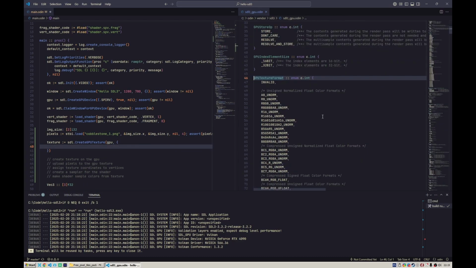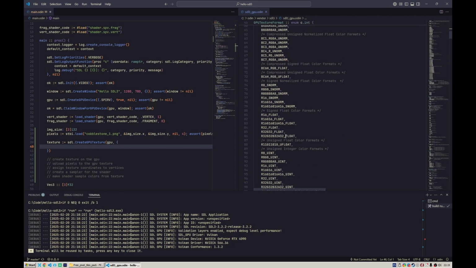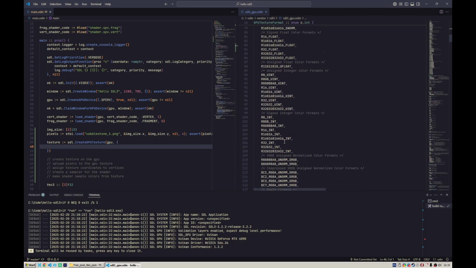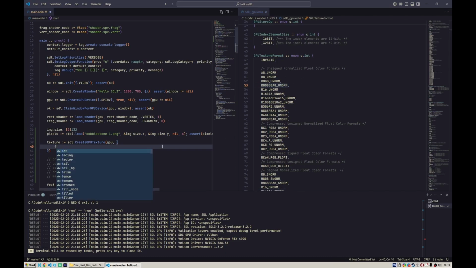The format is something that we cannot omit, and this is important. This tells how to interpret the data of the texture, and there are a lot of them. They have to do with different texture formats, compressed textures, and different color spaces and whatnot. We're gonna use this one because we do have 4 channels and each channel has 8 bits, so this works for us. And the unorm basically means that in the shader, when we sample the color, each channel will be a normalized float, so from 0 to 1. So this is what we're gonna use for the format,